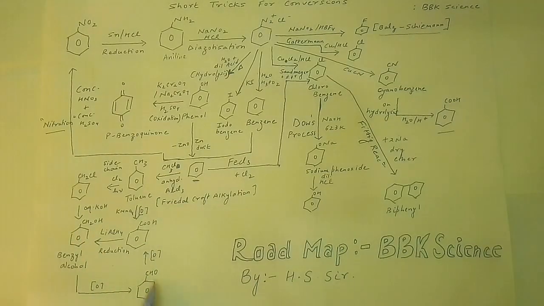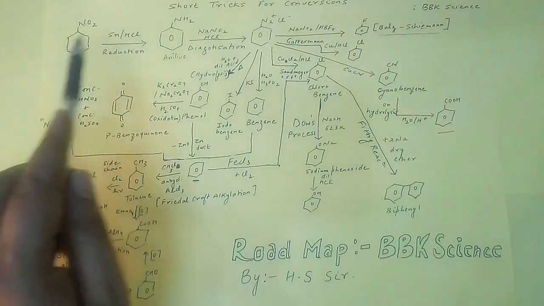This entire process is the oxidation process, and if I have to convert again this benzoic acid into benzyl alcohol, then definitely if this process is oxidation, then it automatically becomes reduction. So I have to add LiAlH4, which would act in order to undergo reduction reaction and will convert directly benzoic acid into benzyl alcohol. So another very important reaction that we can learn by this particular section of roadmap is oxidation as well as reduction of different compounds. Now see the very beginning of nitrobenzene, which is the beginning of this roadmap.